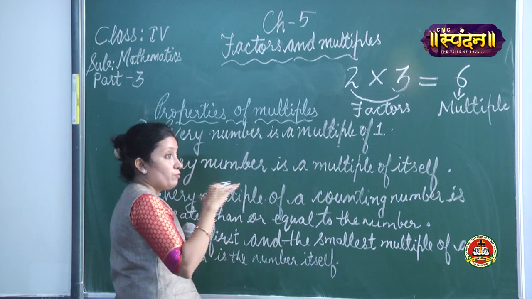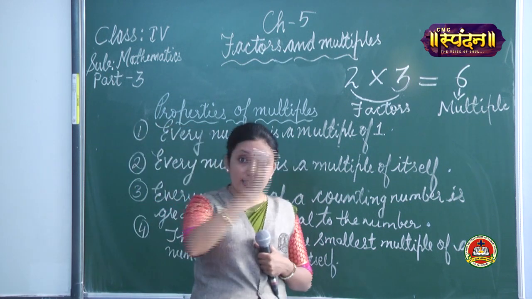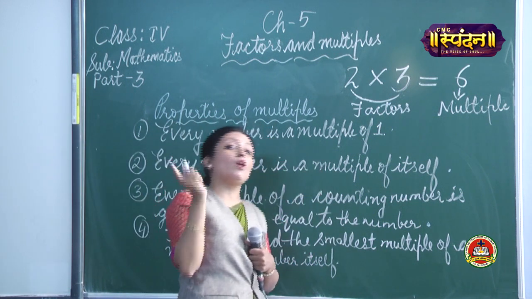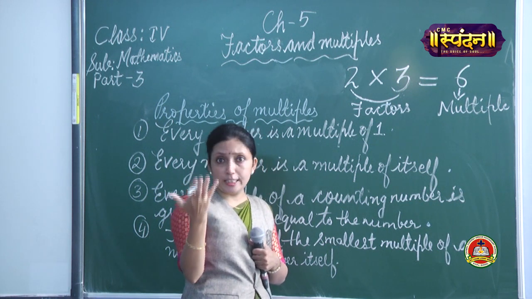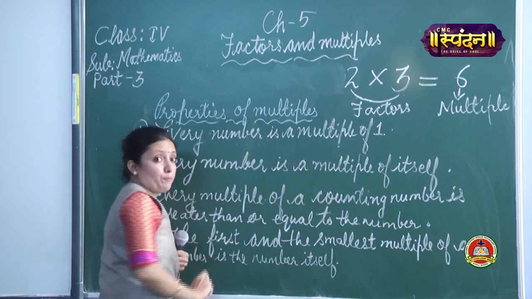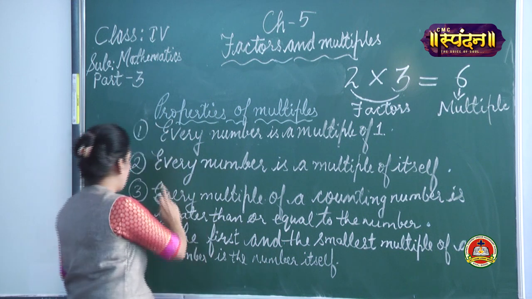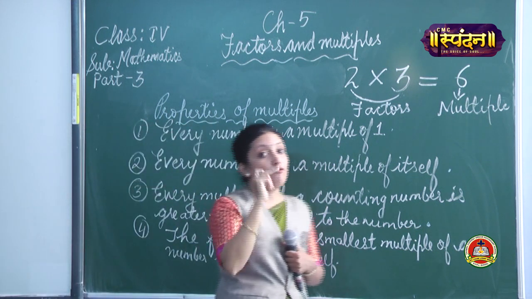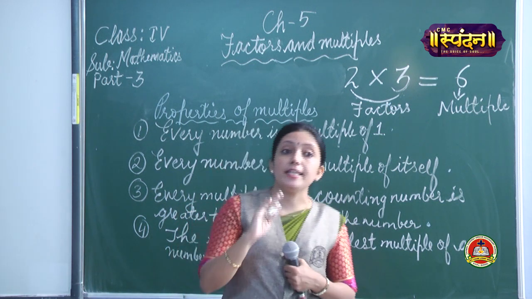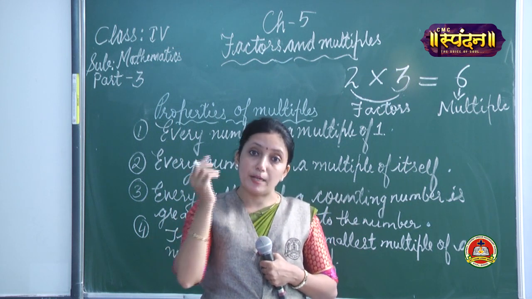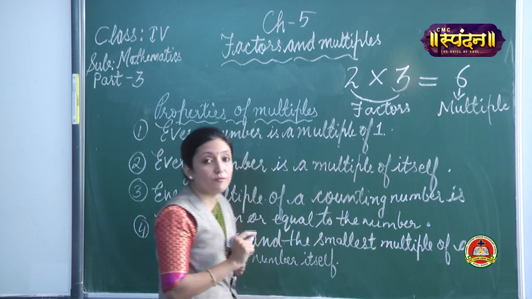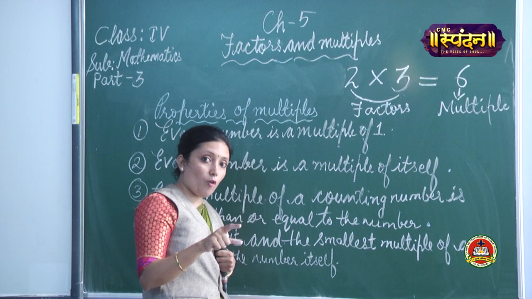If we are taking the tables, that is continuous multiplication, 5 1s are, 5 2s are, but what we are learning first is that every number is a multiple of 1, like 5 1s, 13 1s, 200 1s. So, that is satisfying this property. What about the second one? Every number is a multiple of itself. Any number you take, it will be a multiple of itself, that particular number.